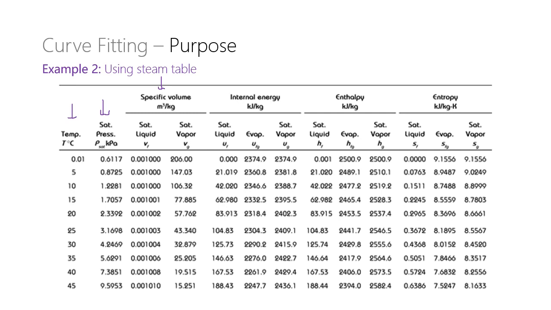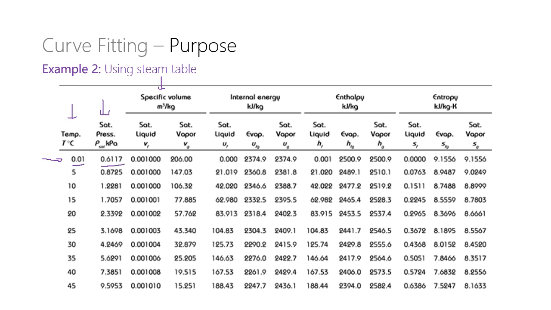And what the data says, we know that the first value of temperature is known at a temperature of 0.01 degrees centigrade. Let's say the saturated pressure at 0.01 degrees centigrade is